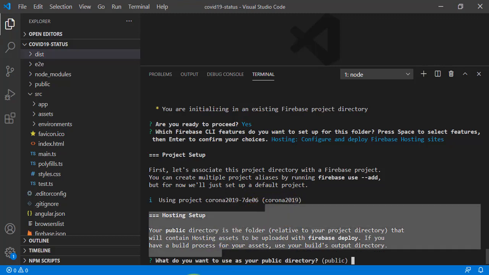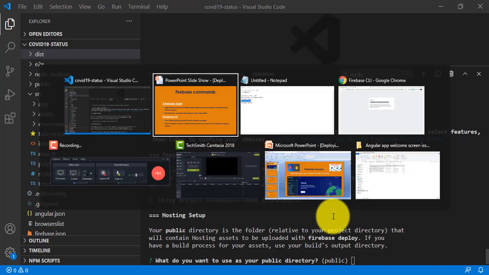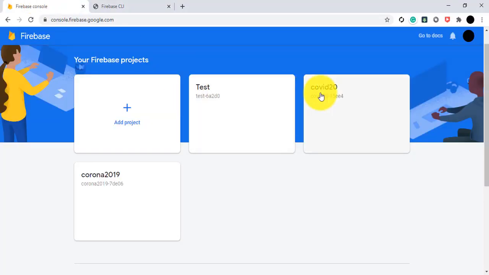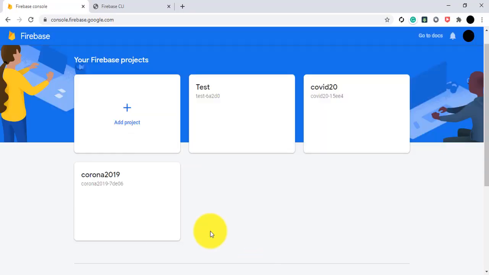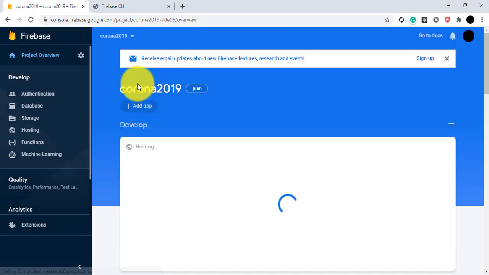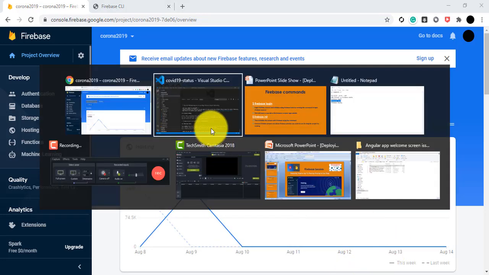So Corona 2019, if you go to my browser, you'll see here that my project name is Corona 2019, this one. This Corona 2019 I am using for deployment. So go to my Visual Studio Code.